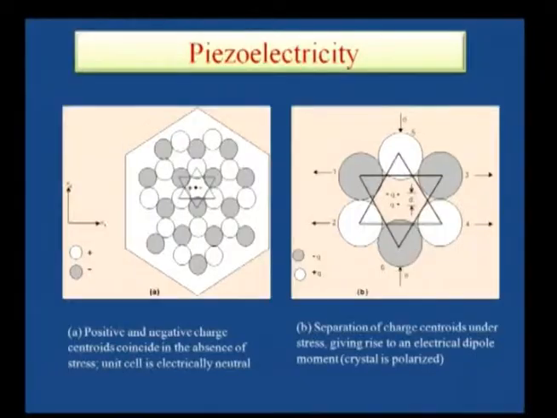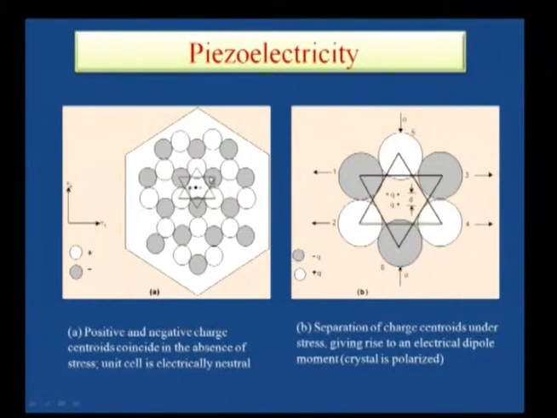The most important point to be understood is, if a crystal is to be piezoelectric, it should be non-centrosymmetric. Now, this crystal acquires a dipole moment because you do not have similar ions. For every ion you have at x, y, z, you should have had an ion at minus x, minus y, minus z, if the inversion center were present. Because you have a different ion here, the inversion center is absent, or it is a non-centrosymmetric